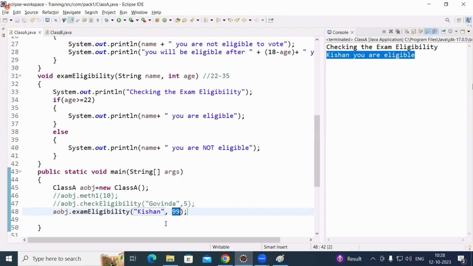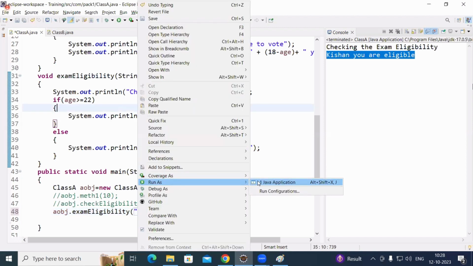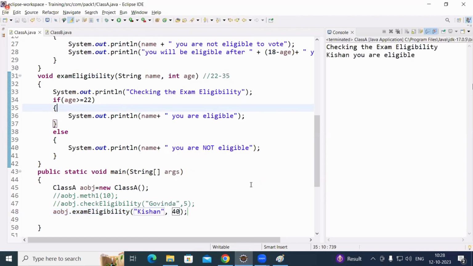Okay. Now, let us consider if I give 40 years. Right click, run as Java application. No. I should not be eligible, but here it is getting you are eligible. So tell me, how many conditions we need to check? Tell me what is my first condition. Age should be greater than or equal to 22 and